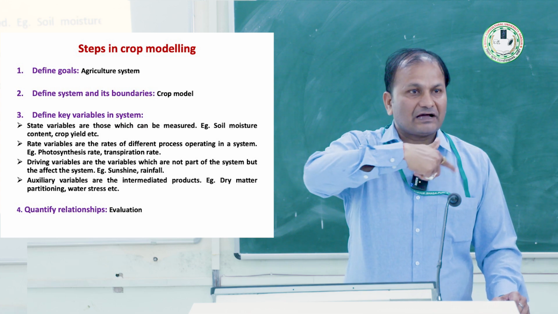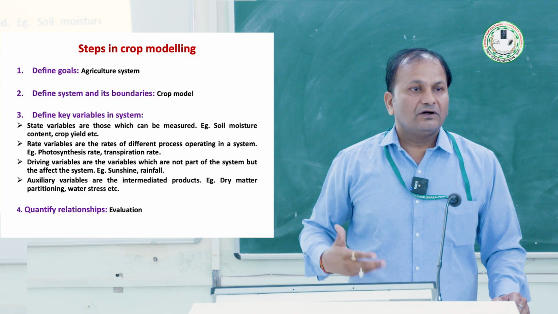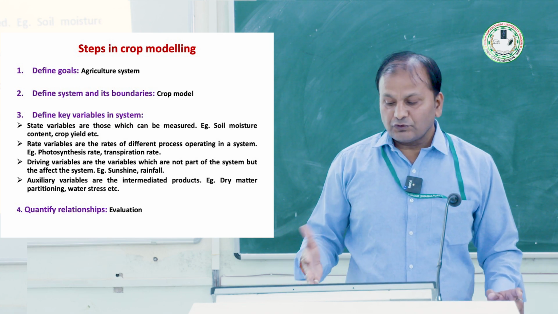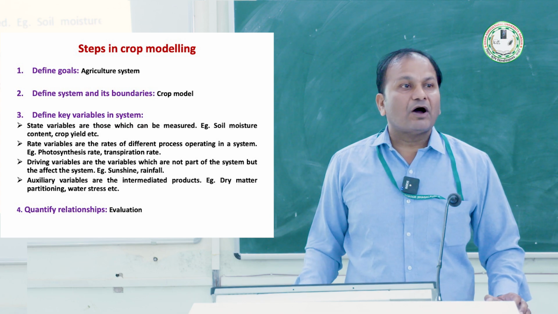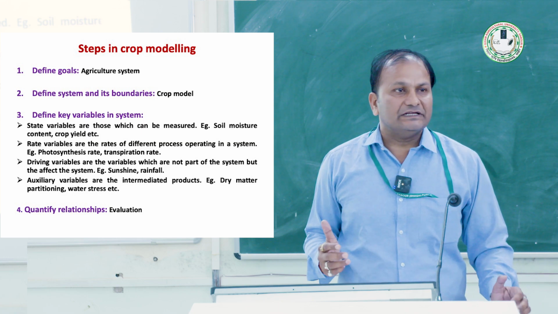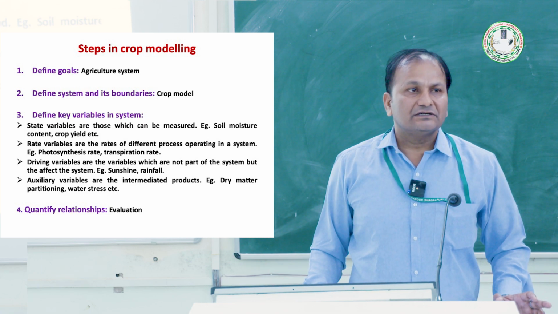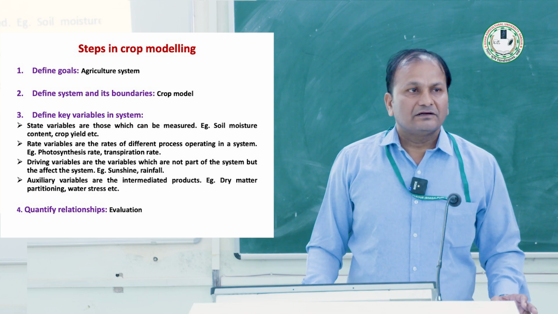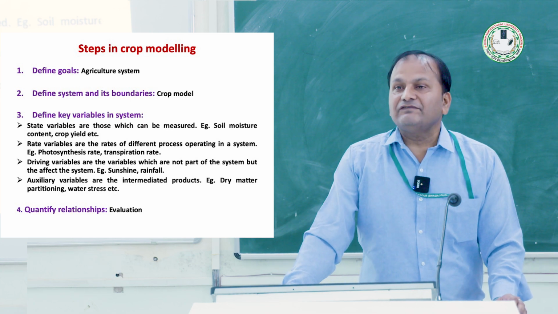So our friend is one system through which I will learn something or I will enjoy in the college. So this is a system. We will have to create the system, then decide the system and the boundaries also. Boundaries means everyone has his boundary. Here also for a model there is a boundary, because it is not unlimited. Nothing is unlimited, otherwise it will give error. Then third will be to define key variables in the system.